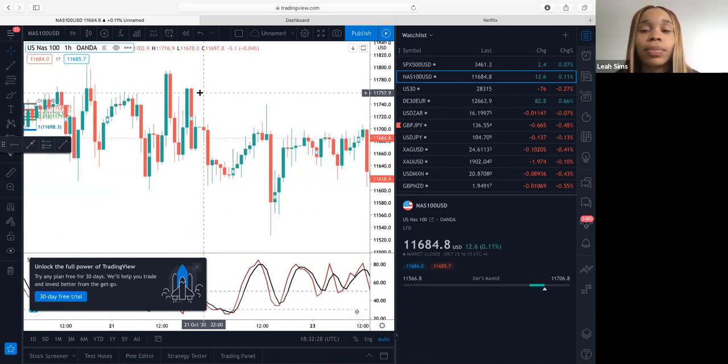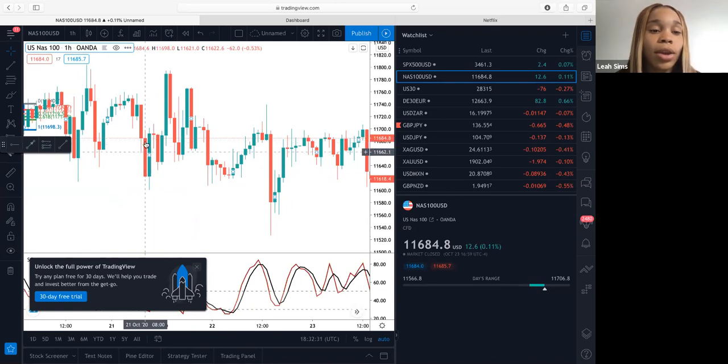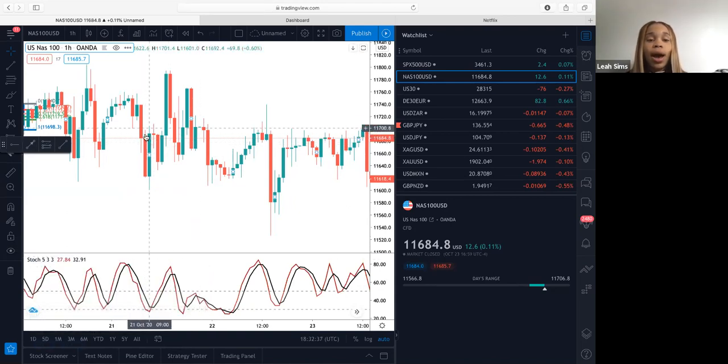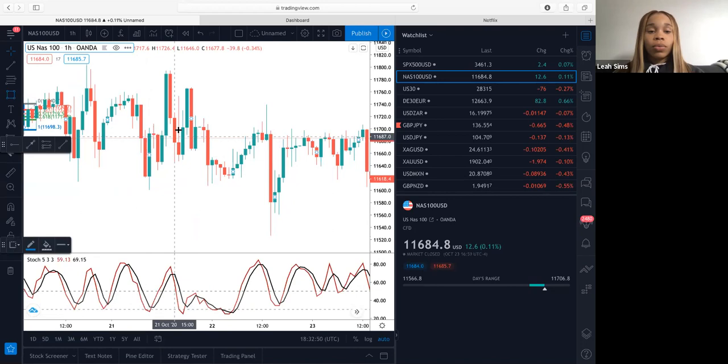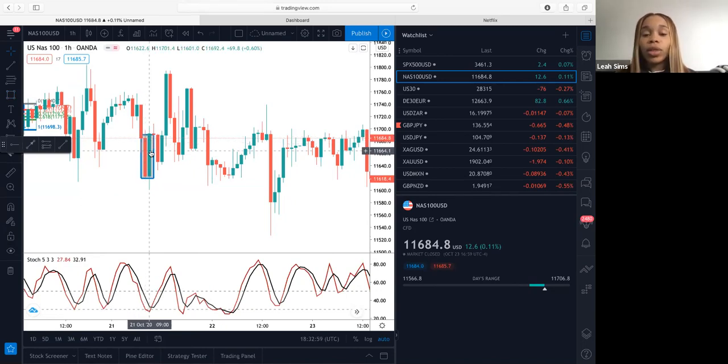For instance, right here, this is a bullish engulfing, right? So as I look at this, I box it up because I wait to see where the candle is going to close, because if it closes below this bearish candle, then I know that it's not engulfing, right? So what I do is I draw the rectangle and I draw it around what's engulfing. And when this candle closes, right, because it's engulfing, and you got to also make sure that it's engulfing on